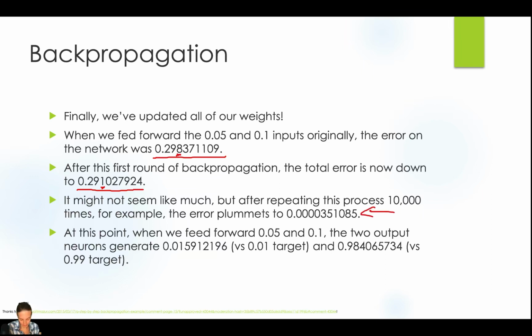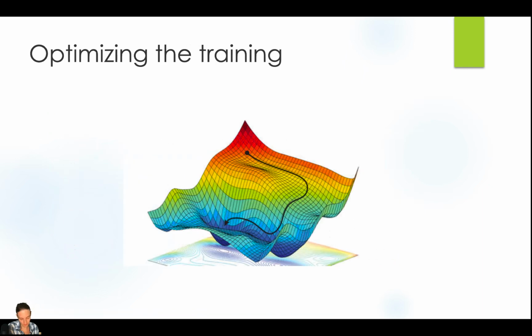At this point, when we feed forward 0.05 and 0.1, the two output neurons generate outputs very close to the targets. That is exactly what we want to achieve when we optimize or train our network. So in this example, gradient descent works very well for us. Okay. So how do we